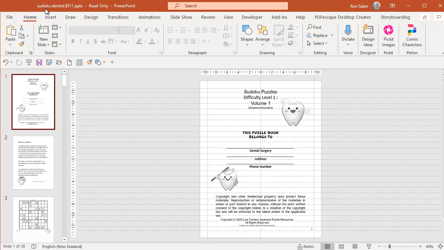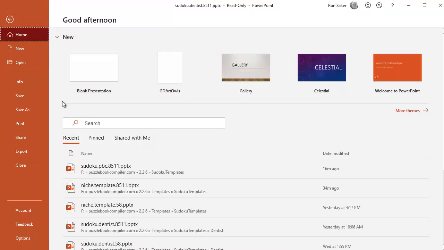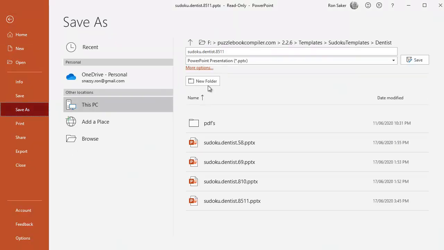Okay, so you'll see up in the top menu here, I've got sudoku.dentist.8511. So we're not actually going to save this as this particular dental surgery. Once you've actually sold it to somebody, then you could go in there and save it as the dentist's name and whatever. You've got to keep the extension format the same. So it has to be whatever, dot